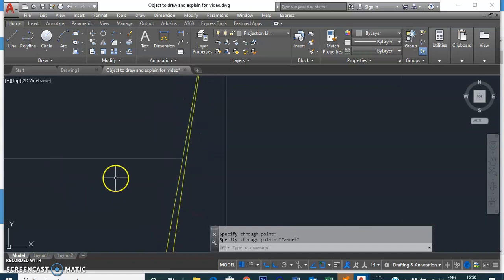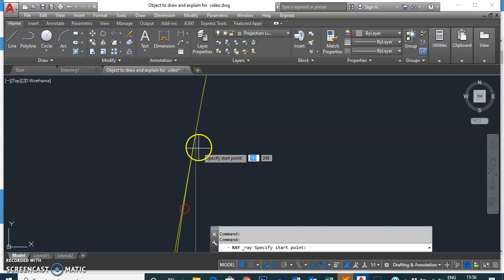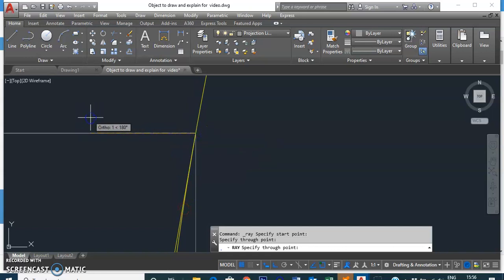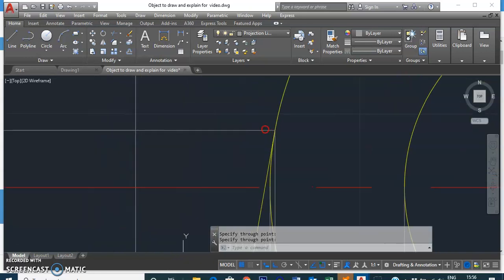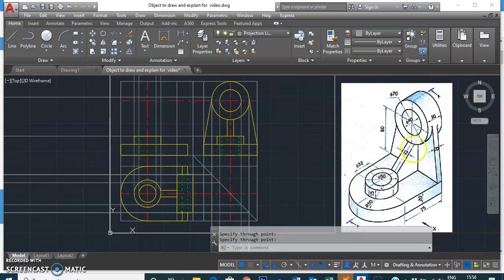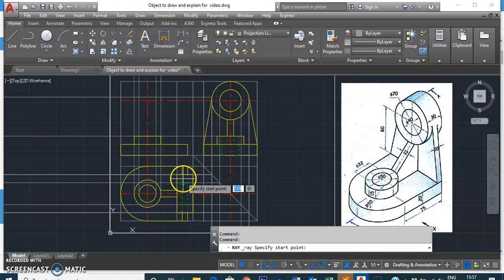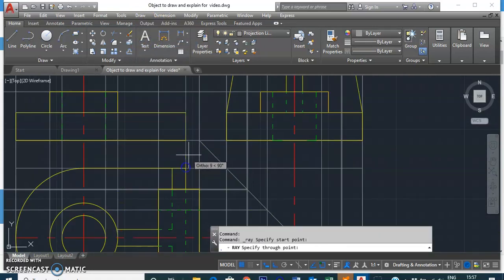Okay, so I have not taken the height. Let's delete it, and we'll take the ray command again, draw ray, and it is over here. Okay, so we are done with this. Now we got the height. Now what about that 10 mm? That we can take from the top view. See, this 10 mm we have already drawn in the top view over here. This is on the front side and this is on the rear side. So let's draw a ray from there also, which will give us the distance of 10 in the front view. One over here and one from here.